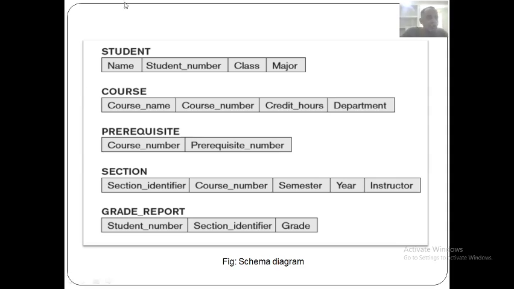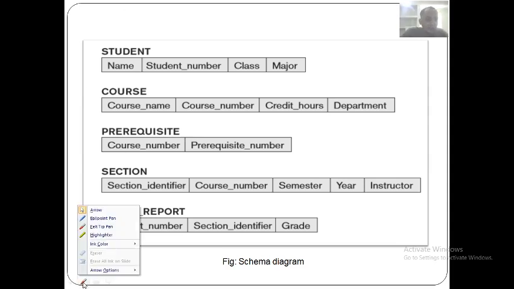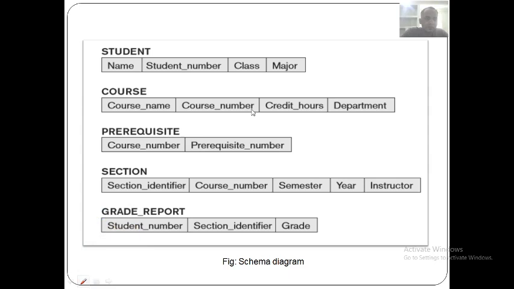Now let me take a pen. This is a description of the student table. What should the student table contain? It should contain name, student number, class and major. Got it?